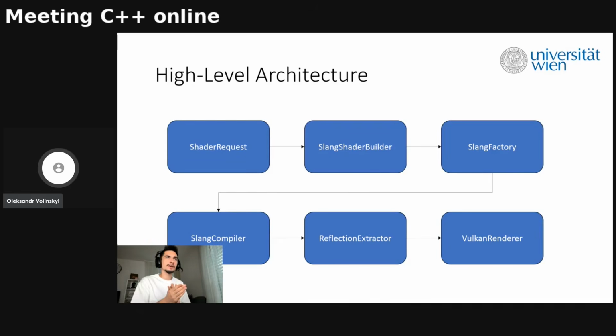Then after the Slang factory, we have the Slang compiler. Now the Slang compiler takes the generated Slang source code, which was provided by the Slang factory, and compiles it into any suitable type. In my case, SPIR-V. Then after the compilation part, we have the reflection extractor.